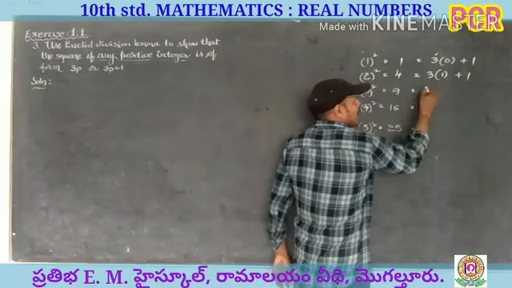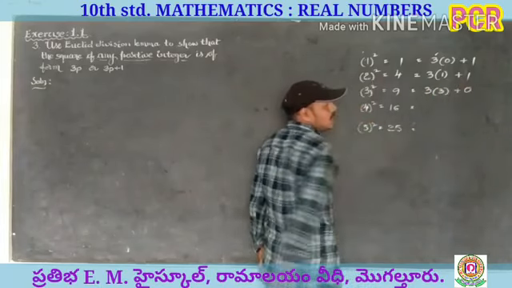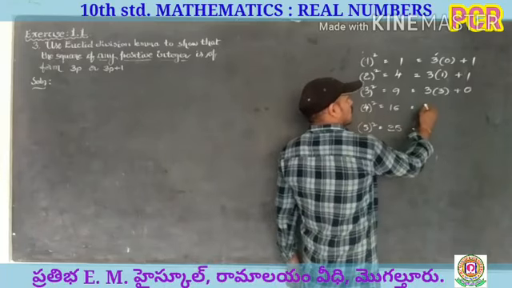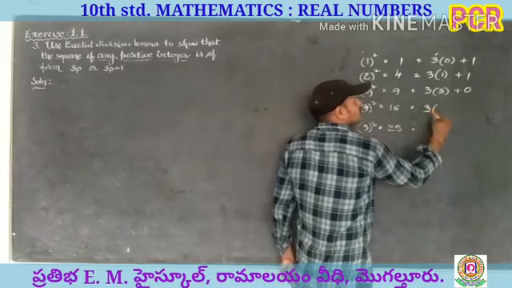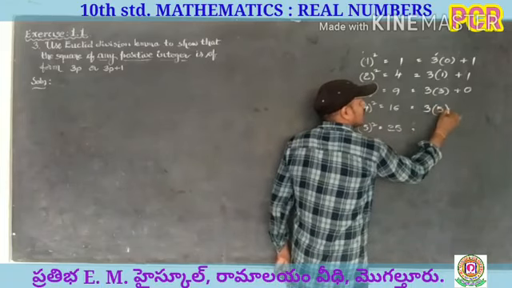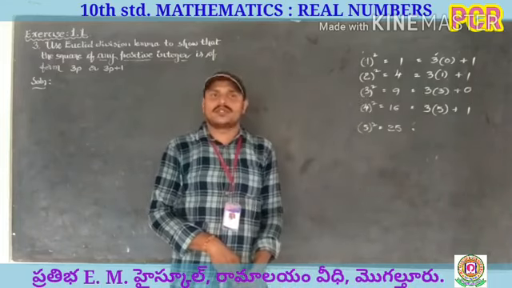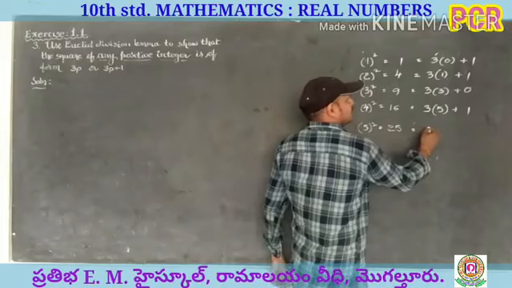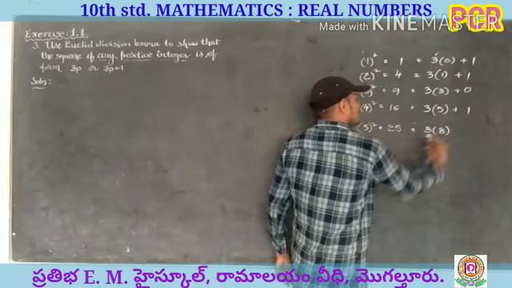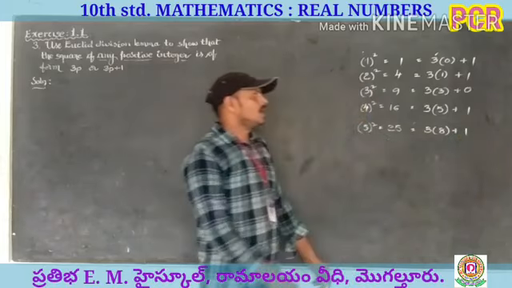And if we divide 9 by 3, 3 3s are 9 plus remainder 0. If we divide 16 by 3, 5 times 3 is 15 plus 1. If we divide 25 by 3, 8 3s are 24 plus 1. So